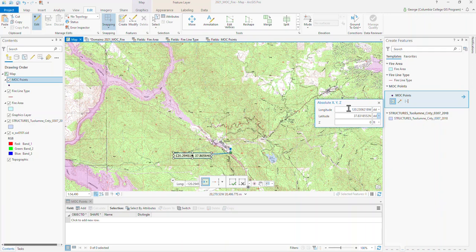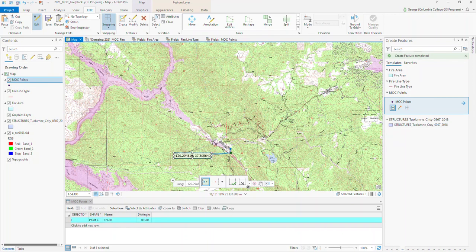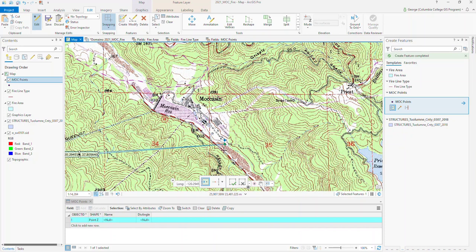And then we're going to type in the same coordinates as we did for setting this up. So minus 120.294.519 and 37.805.640, and then just enter, and it establishes a point there. We can zoom in and you can see it just established a tiny little point that's highlighted in the same